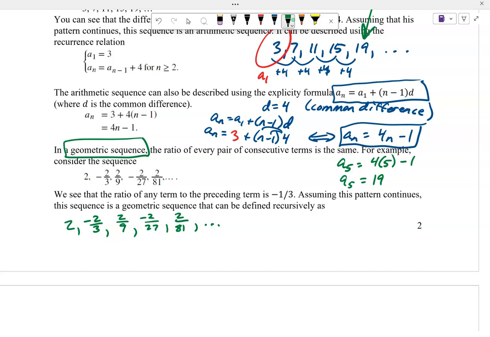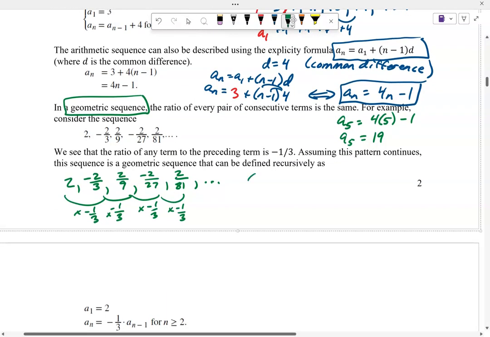Negative 1/3. That's right. You're multiplying by negative 1/3 every time. So our common ratio is negative 1/3. Now, if you're not sure, the way to find a common ratio, if you suspect